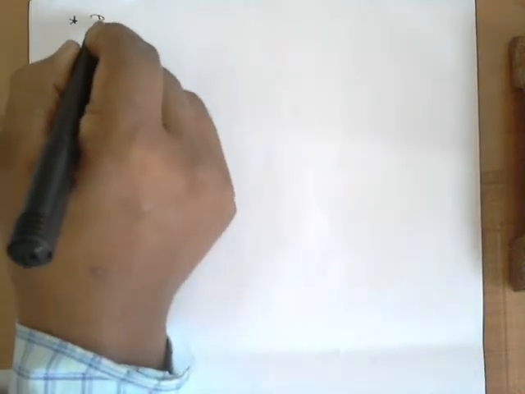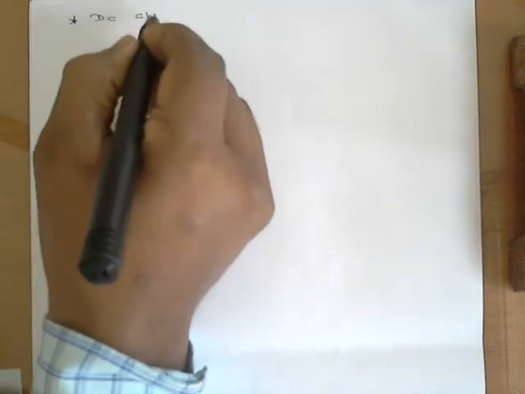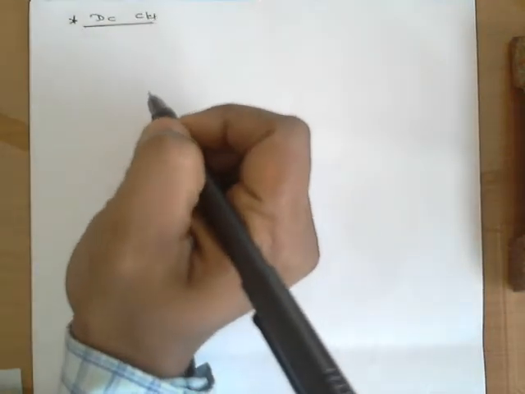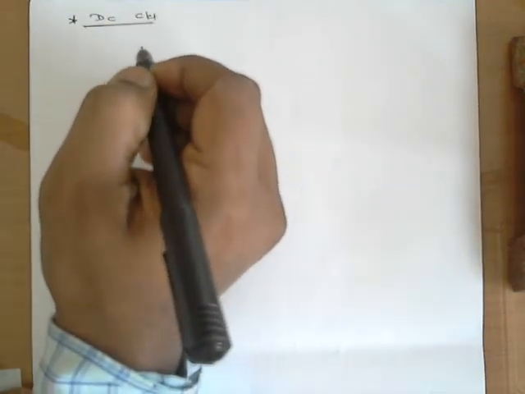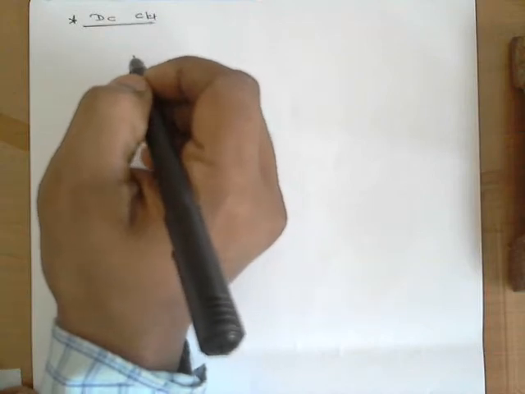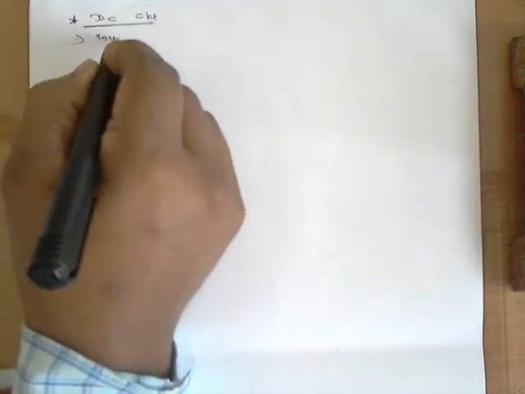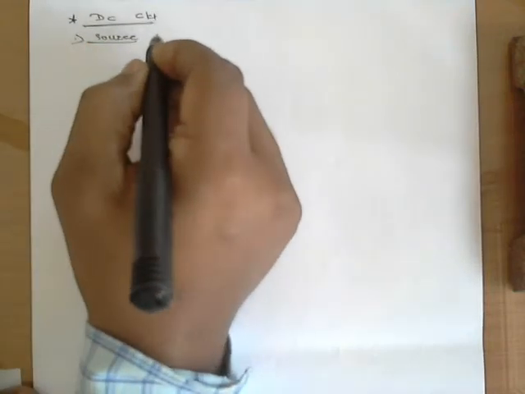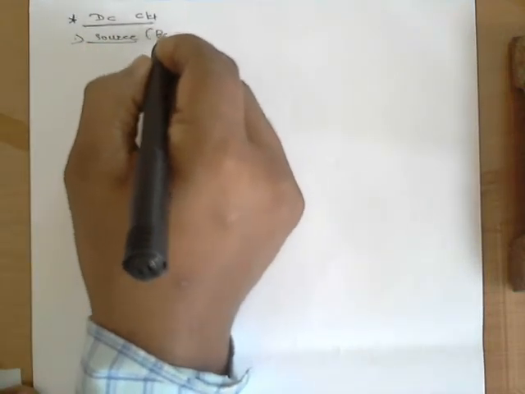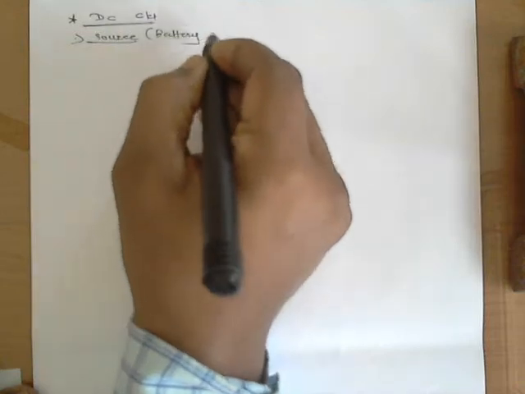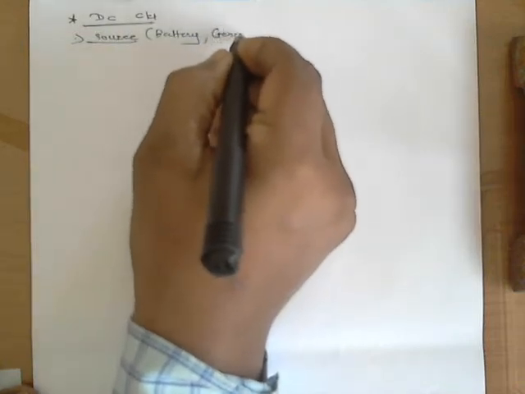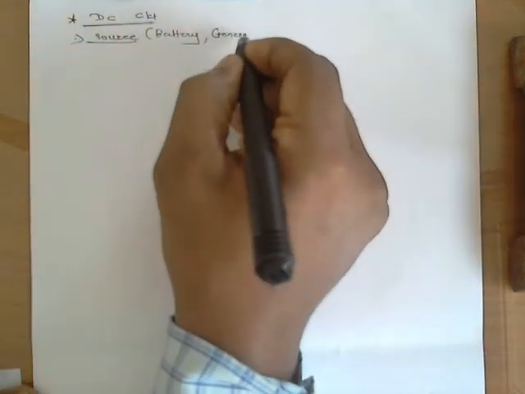So let's see for a DC circuit. Now what are the essential parts of any DC circuit? Any circuit must have a source. Source means any battery or some generator. We are dealing with only DC